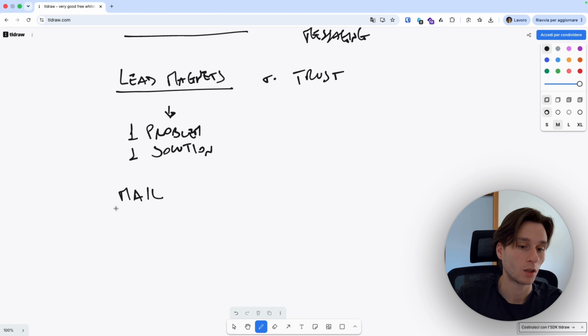The third part is, if you give them the lead magnet, take their email. Why am I saying so? Because once you take their email from the lead magnet, you establish direct contact with them.